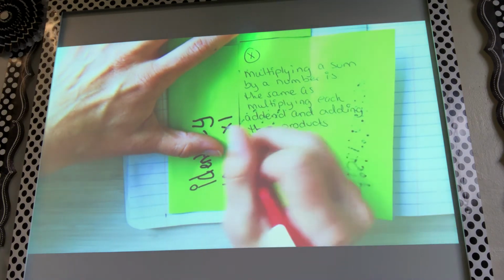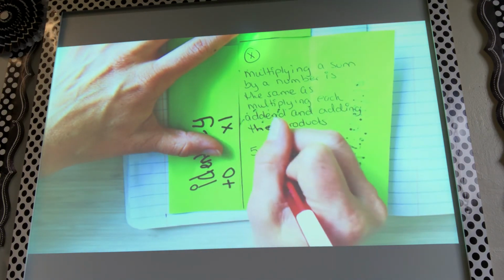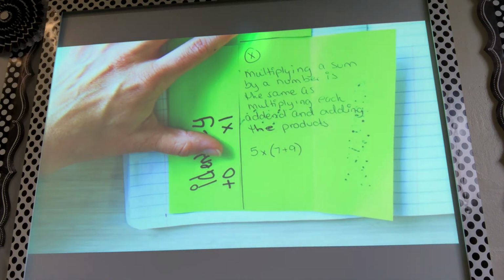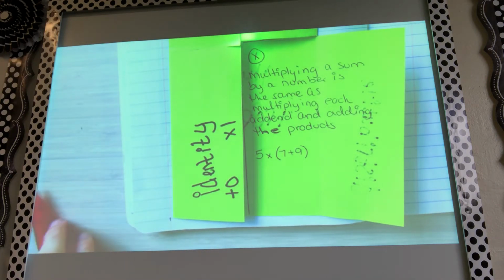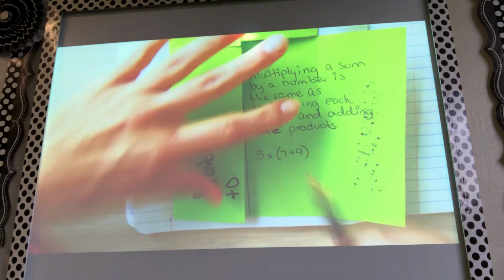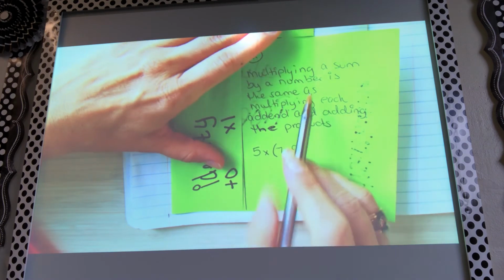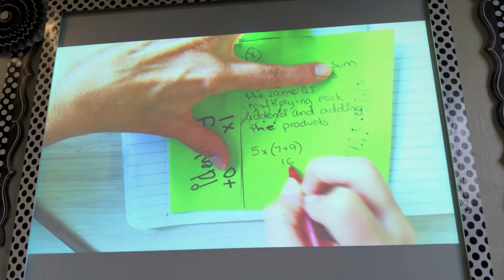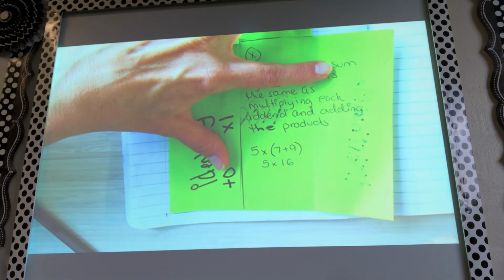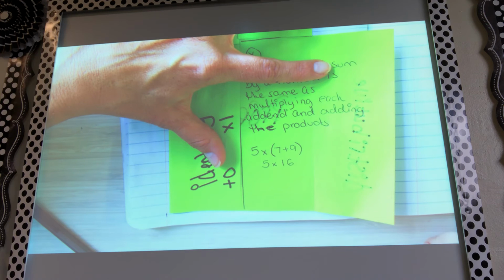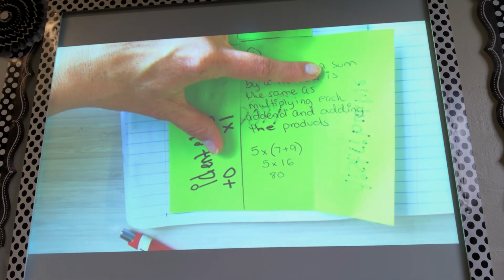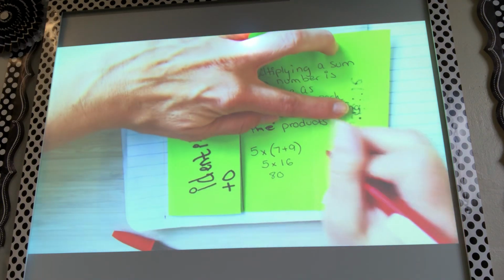So that was a mouthful, but if I look at this, I have 5 as a factor times 7 plus 9. Well, if I look at that, I can take that value and say here, I can do 7 plus 9, I can find the sum of 7 plus 9, and I know that would equal 16, and then I would multiply it by 5. So I can do that version, which would be 80. Or I could do the alternate version where I have 5